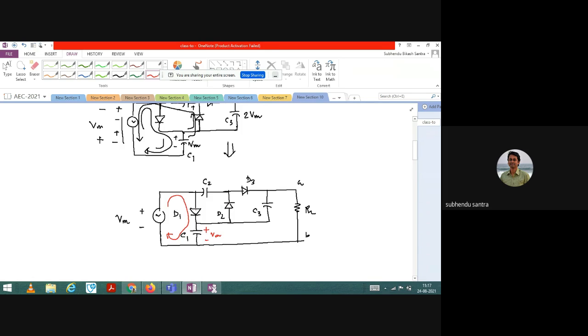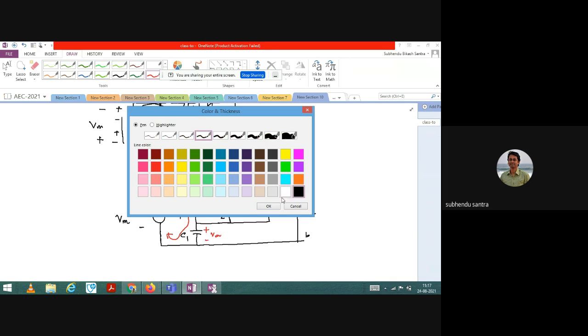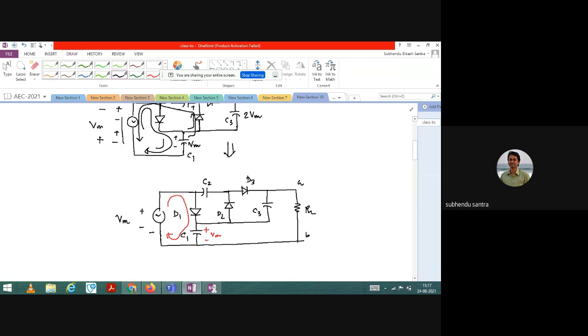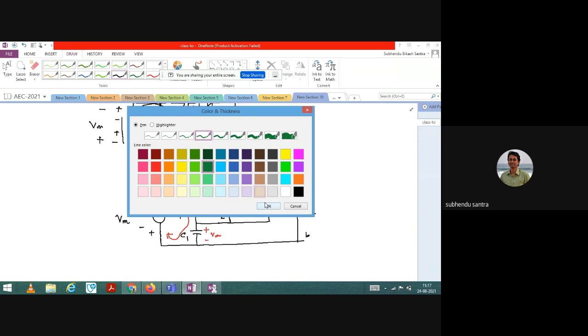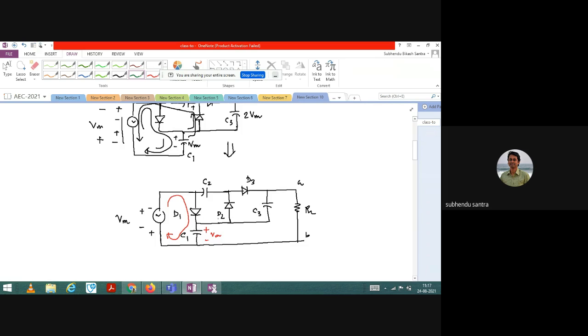Now when the supply undergoes the negative half, that means this is plus and this is minus. During this time, what happens? The capacitor C1 will discharge, but in which path? In that condition, diode D1 will be reverse biased, but diode D2 will be forward biased. So the capacitor will discharge to the capacitor C2 through this path. And you can see the capacitor can now store the charge, plus Vm here, and this is also Vm, the maximum voltage, so that we can charge 2 Vm.